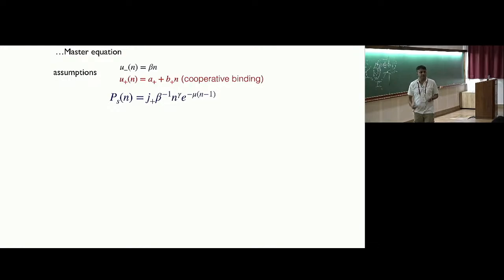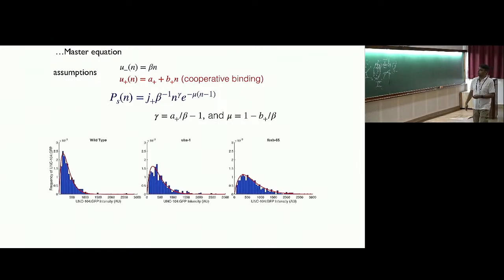The detachment rate is simple: it has to be linear in the number of molecular motors. Unless you have a molecular motor, it cannot detach. So at n equal to 0, the detachment rate should be 0. For the attachment rate, the simplest assumption could be a constant rate. You can do that, or you can keep this other term b plus n, which I wrote as cooperative binding. So if I write down this expression,